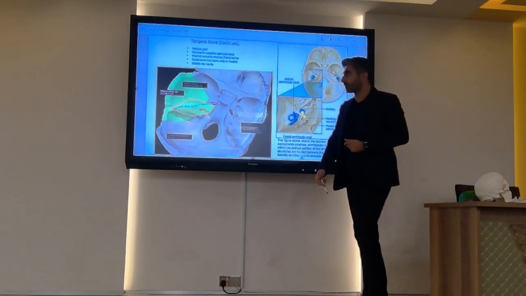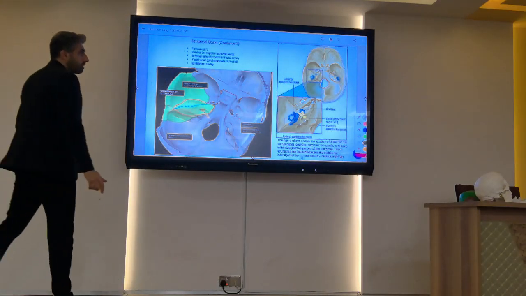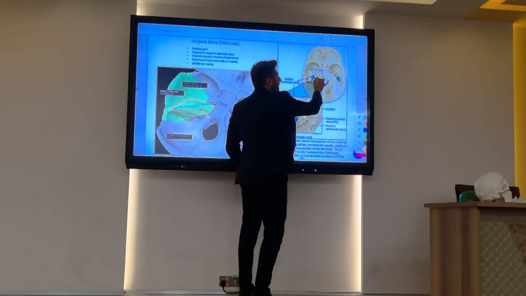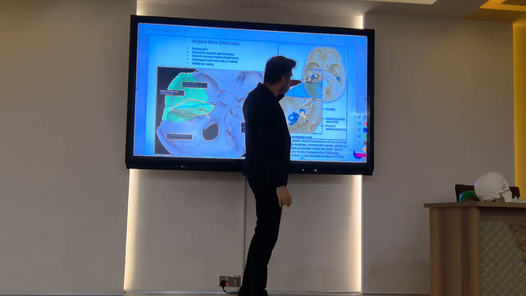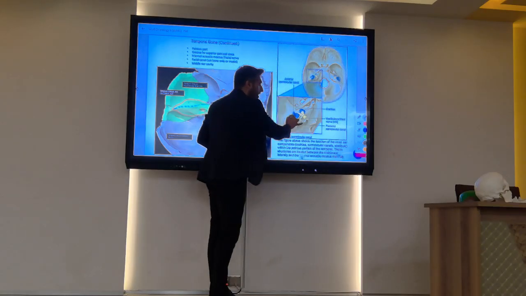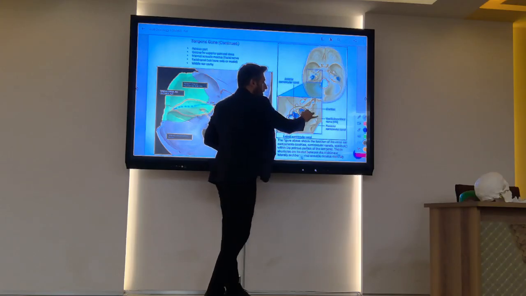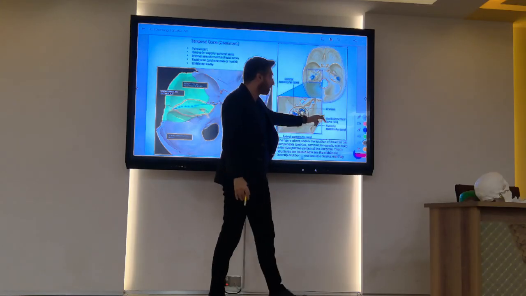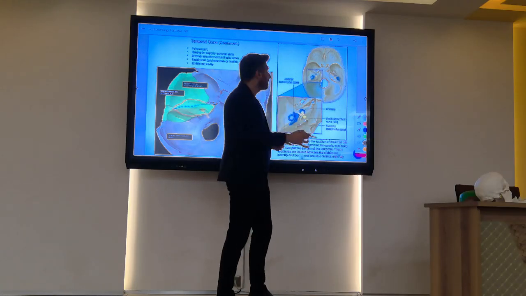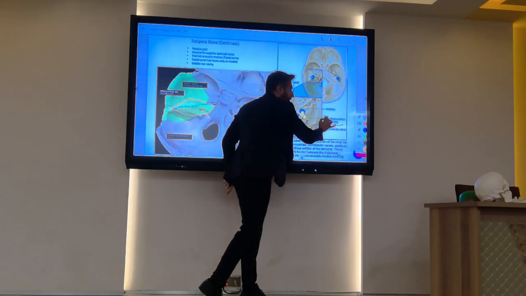Look at the hearing system. I told you the hearing system is located in the petrous part. You can see that. This is the external ear, this is the middle ear, and this is the inner ear. The 3 parts of the ear are located here. In this picture you can see the inner ear: semicircular canals, cochlea, and vestibule. This is the inner ear. And finally, they receive the information from balance and hearing and send it to cranial nerve number 8. This is cranial nerve number 8,